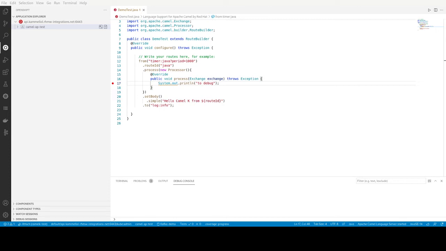I will demo the Java debug for Camel K integration, which is deployed on a remote instance, so in the cloud. So I have my instance here to which I'm connected, in a specific project in which I have the right to